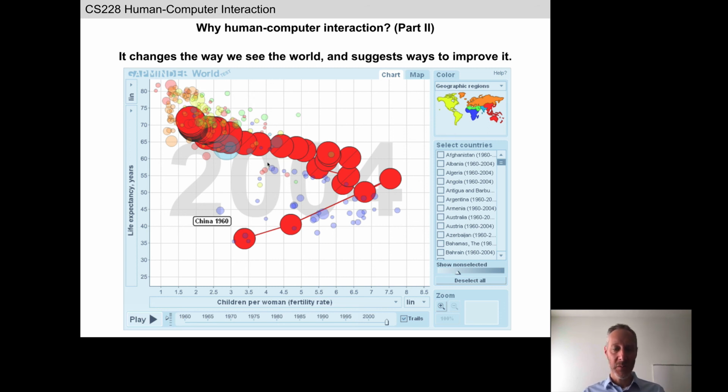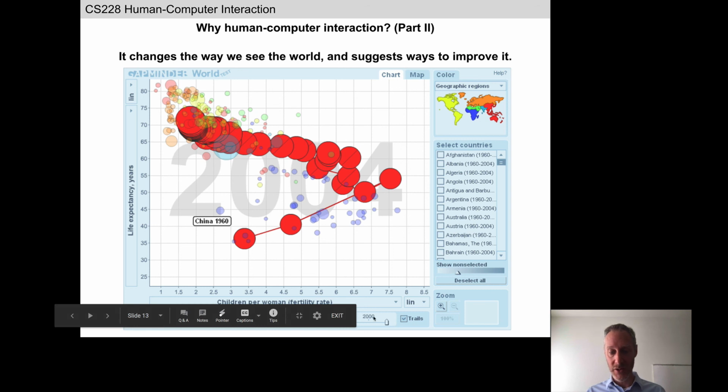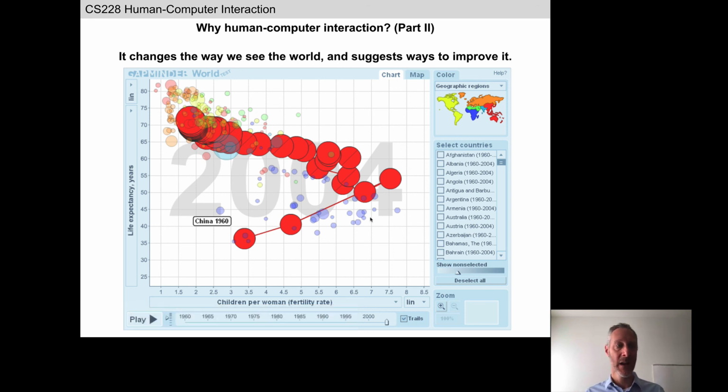One of the differences between HCI and just traditional visualization, a data plot, is that most good HCI visualizations are interactive. As I mentioned, if you go to the Gapminder site, you can drag this horizontal time bar back and forth. You can actually interact with the data in real time, and by manipulating the visualization, you can look for evidence for or against a given hypothesis.